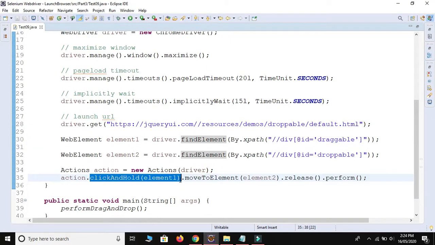Click and hold which element? Element1. After clicking and holding element1, we move to the second element, and after hovering on the second element, we release, and the perform method is there to perform the actions. So let me save the code and I will run. Okay, let me run.